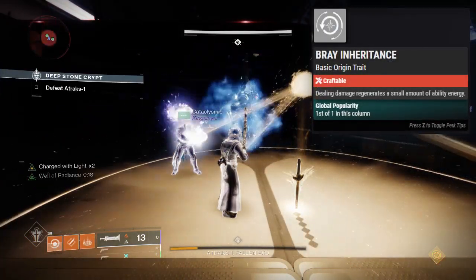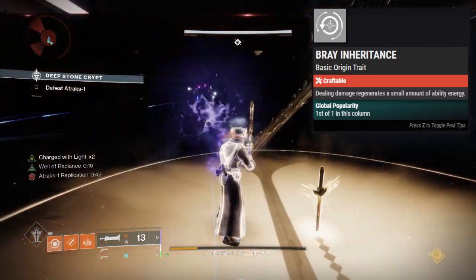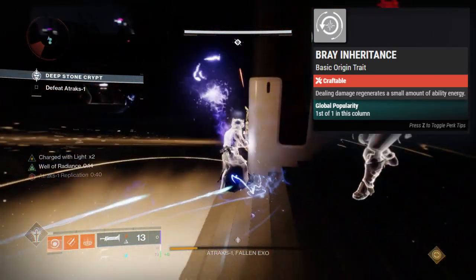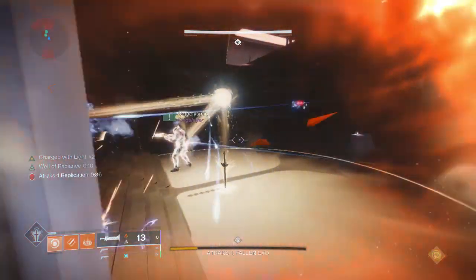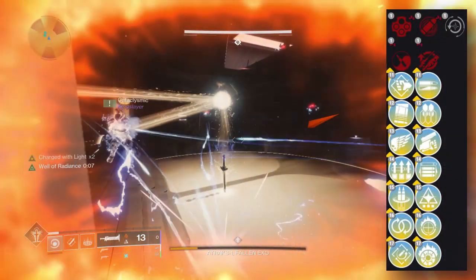Dealing damage regenerates a small amount of ability energy. Just dealing damage with any of these weapons should give you free ability energy, bro. Just super free and passive. Then if we go ahead and pull up the trusty scout rifle, its new perks with season 19 and